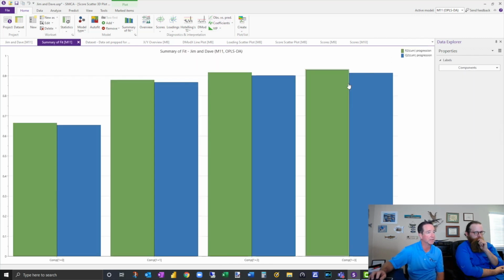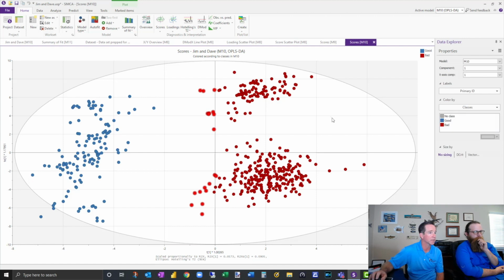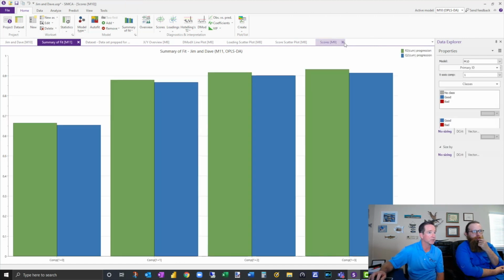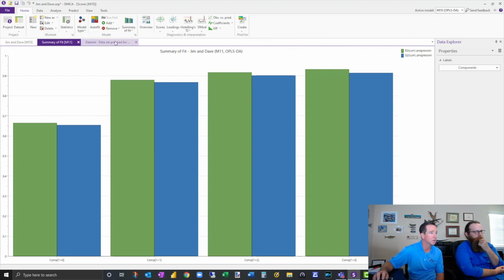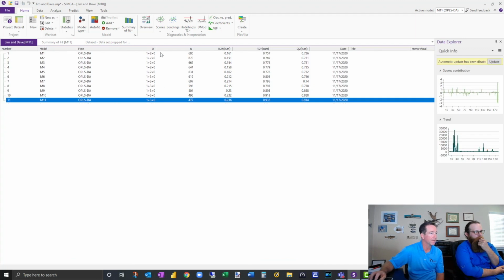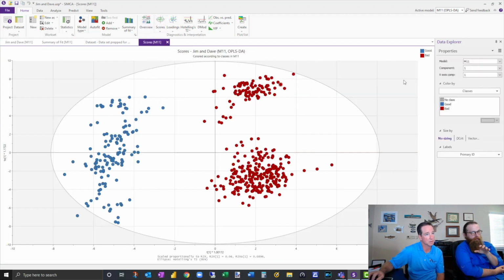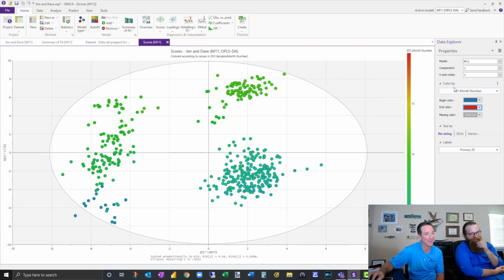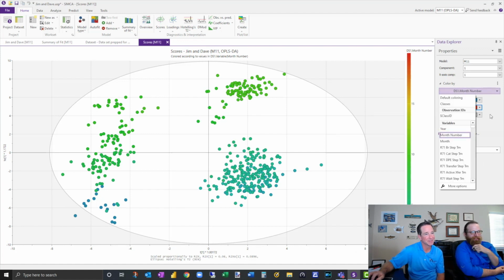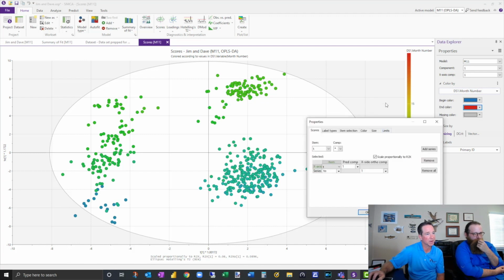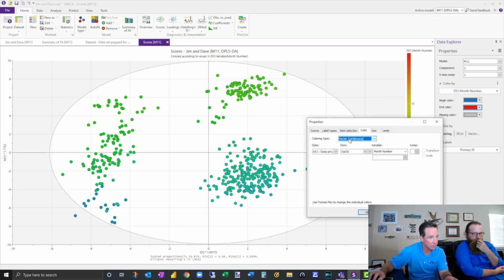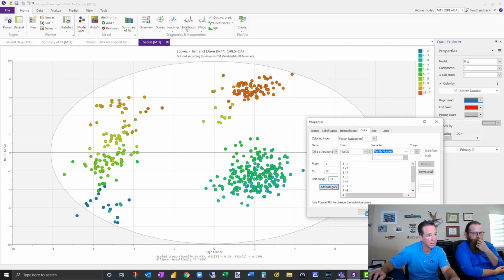So let's go look at that scoring. We're on model 11 now. Yeah, I know. So I'm going to get rid of some of these older ones. And for all the data scientists really upset with Jim, whatever month this comes out is really beautiful in St. Augustine. Yeah, exactly. All right, so I did month number. Now I'm going to change the properties. I'm going to go to color. I'm going to make this a category 1 to 12 with 11. I'm going to add that and hit apply.